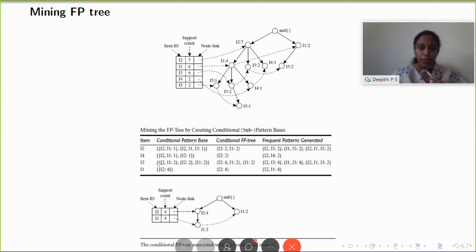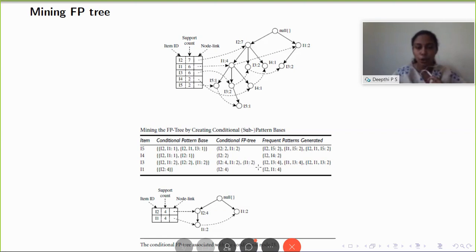Now we have another set with I2 count 2, so we can add them together and the I2 count becomes 4. But when you consider I1, one I1 is in the left branch and another I1 is in the right branch, so we have to maintain them separately. This I1 count will be kept as such here and this set will be kept as a separate set. That is why we have two different sets.